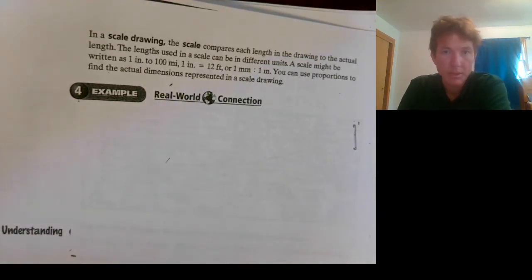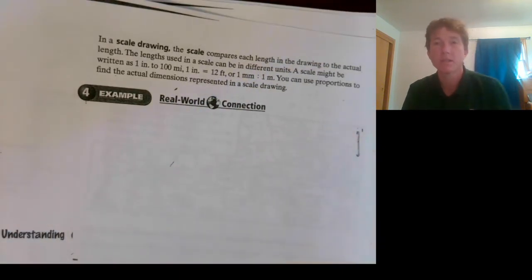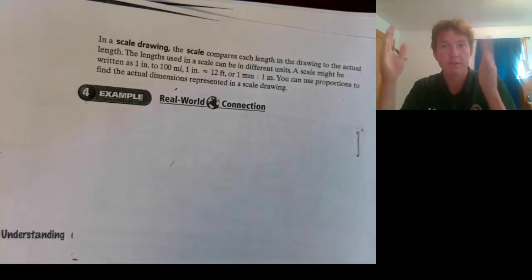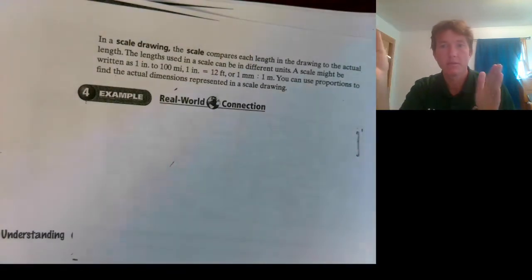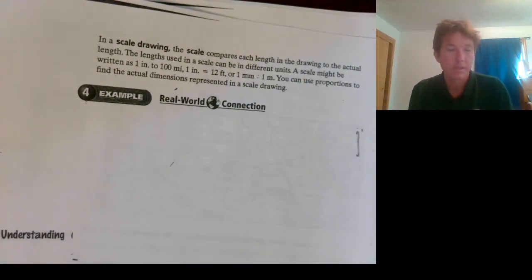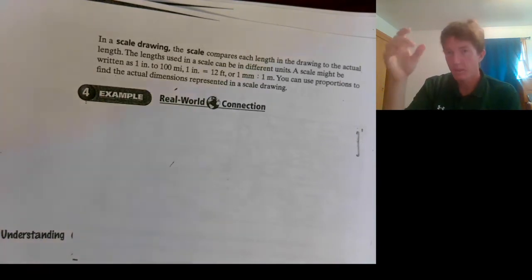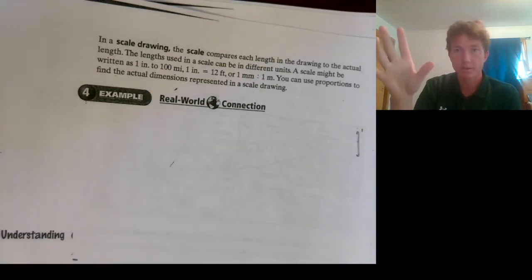It compares to 1 meter. You can use proportions to find the actual dimensions represented in a scale drawing. Okay, the main area you're going to see this is on a map. If you have a map that's about this big, and it represents the state of California, then it would say something like 1 inch on the map equals 50 miles in